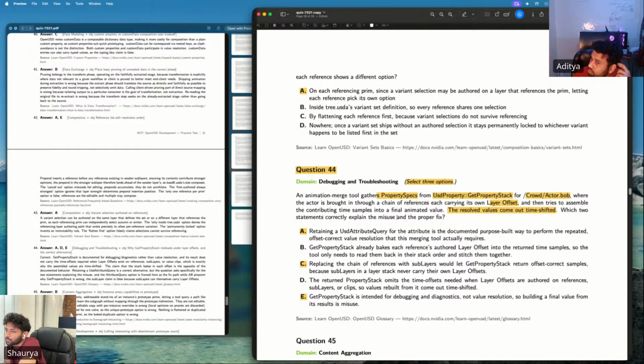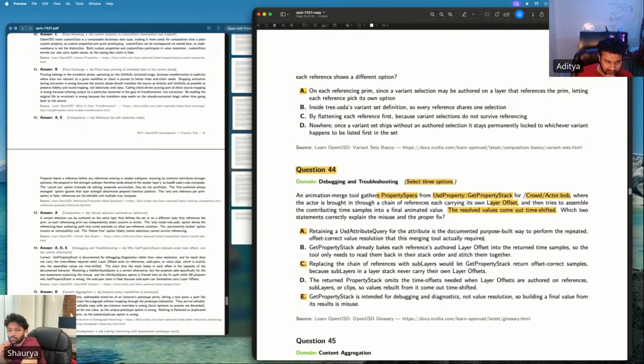Which two statements correctly explain the misuse and the proper fix? Option: Using the USD attribute query for the attribute is the purpose-built way to perform repeated offset-correct value resolution that this merging tool actually requires.